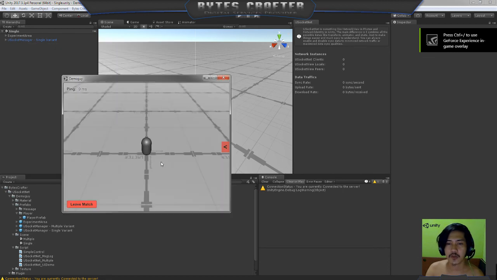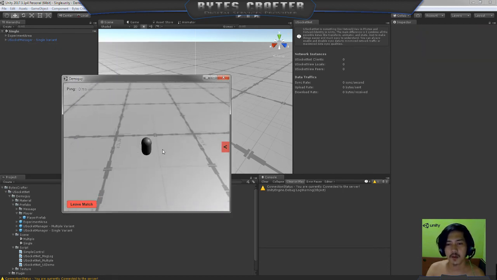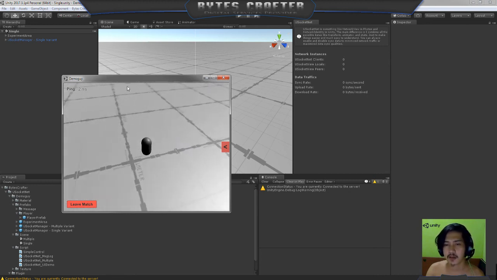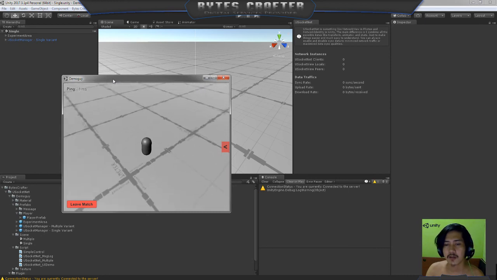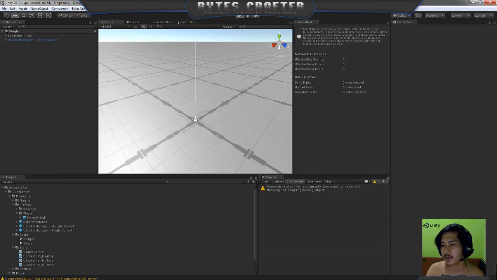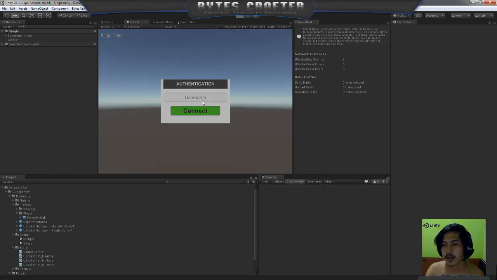Now we join with a ping of 0. Why is it that on the Unity editor it has a high ping, but on the build you only have a nearly accurate ping value? So let's try to connect.